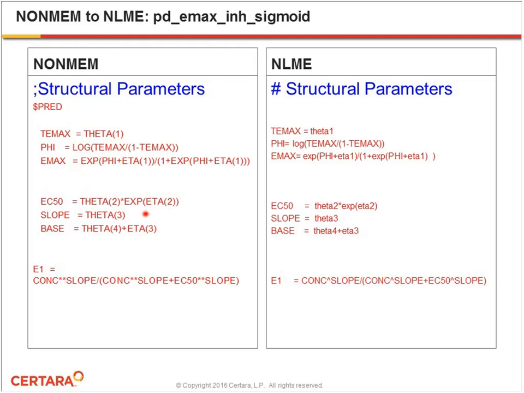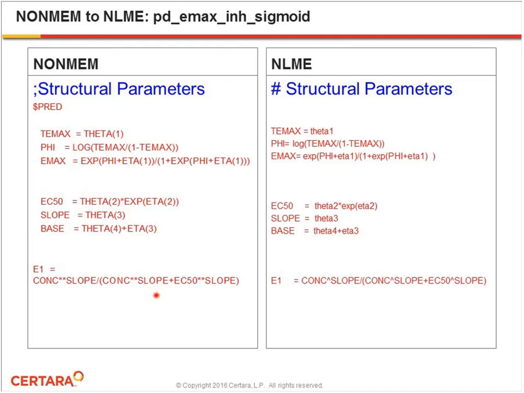Slope doesn't have a random effect, it's just θ3. And the baseline also comes with a random effect, but in a different form. It's just in an additive form, not an exponentiated form. And finally, to express the effect here, you see this is just a Hill